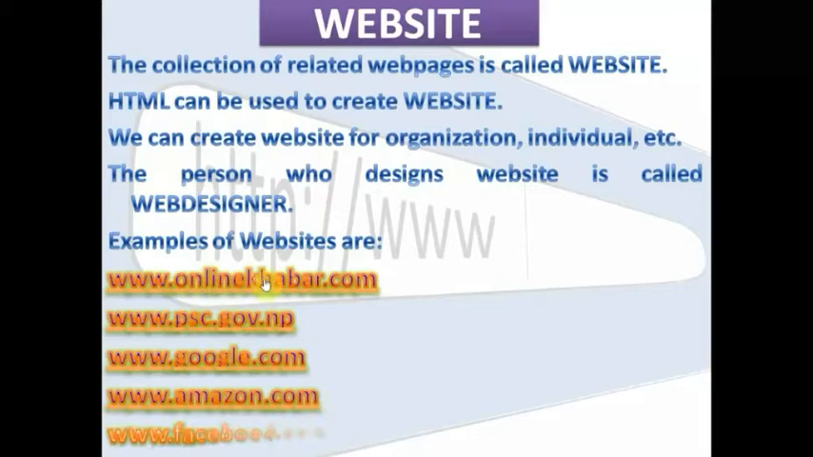Like this is onlinekhabar.com. This is one news related website. This is governmental website, Public Service Commission. This is one governmental website. Another, this is a search engine like google.com. This is online shopping related website, and this is social website. So these all are the examples of website, and we can also create our own website with the help of